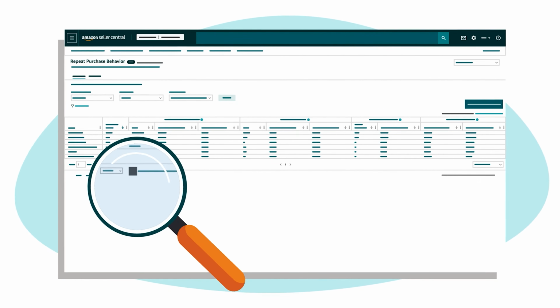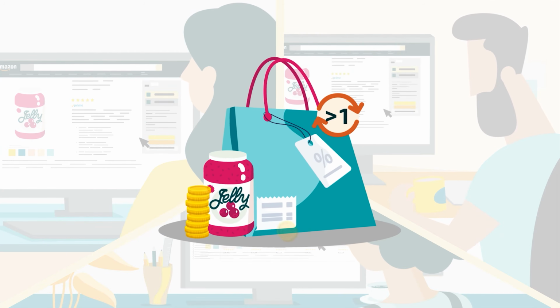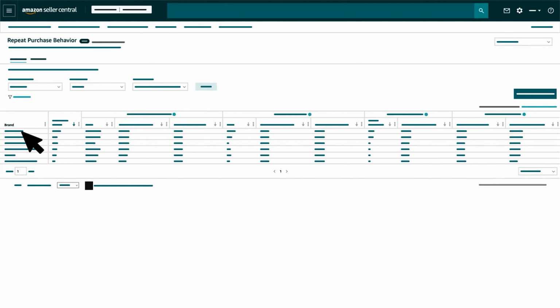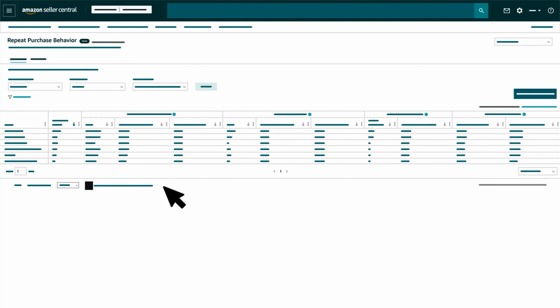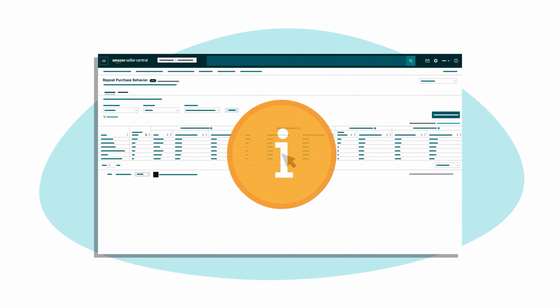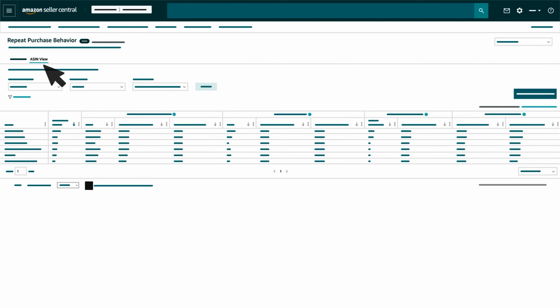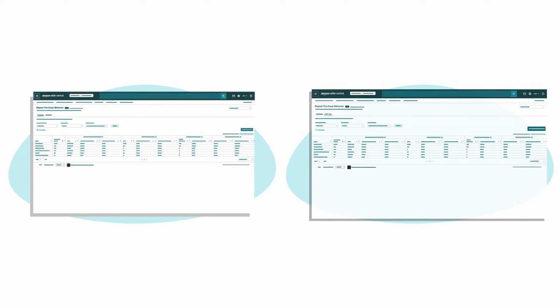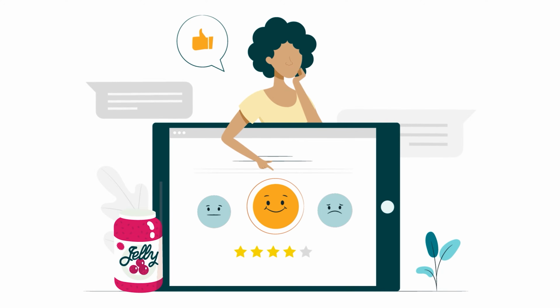You can use the Repeat Purchase Behavior Report to understand how often customers buy your products more than once. The report lists each of your brands according to the total number of orders received. It pairs them with the amount in sales associated with repeat purchases, along with the number of units ordered and the number of repeat customers. You can find similar information at the product level using the ASIN view. Both views can help you better understand your brand's customer engagement, and they can help you assess satisfaction with your